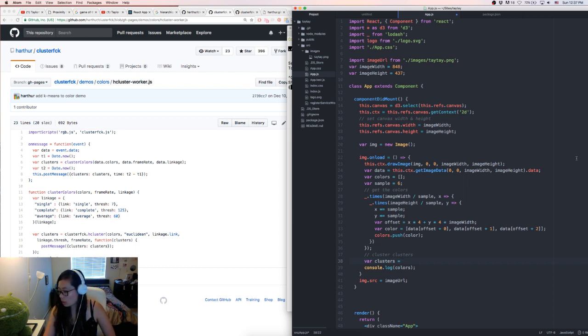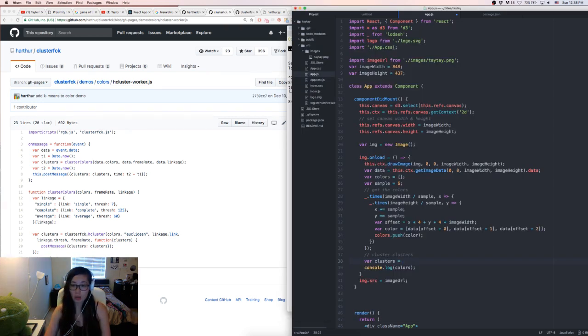Chirp says, I can see them reducing for performance, but I don't know if you will see a benefit from reducing. Yeah, I mean, it was just this number, so I guess I'll try it with this, and then if that's not enough colors for me, then I think it's a lot of colors. I think even 10,000 pixels is a lot of colors. So let's see, var clusters is equal to